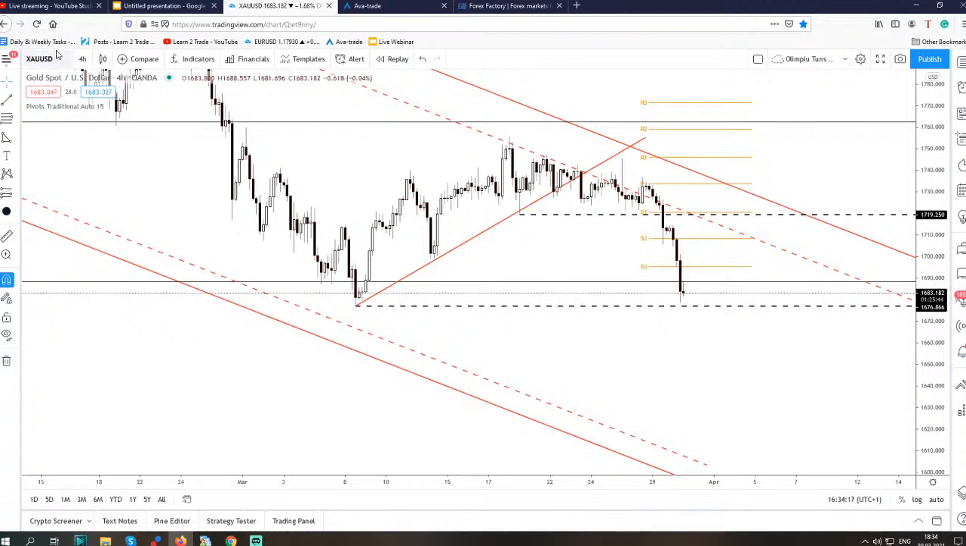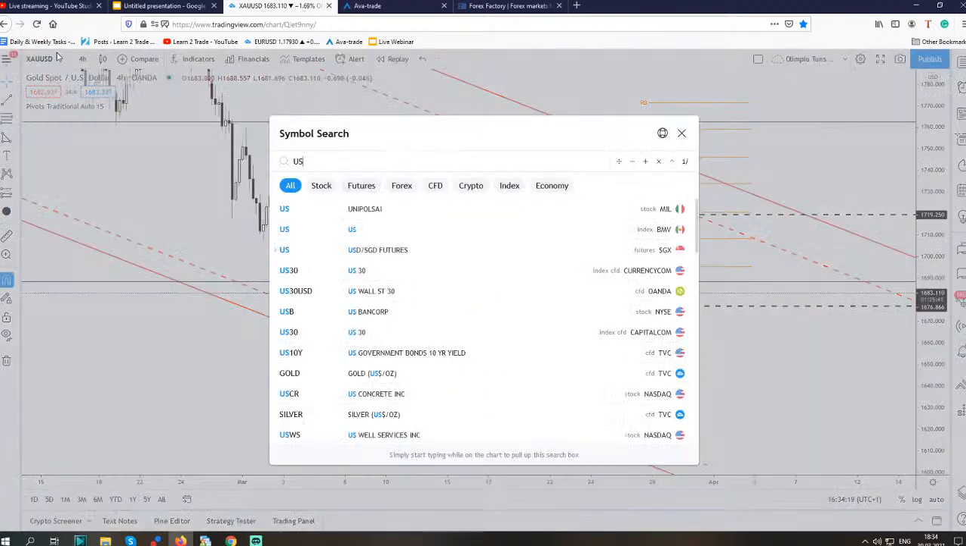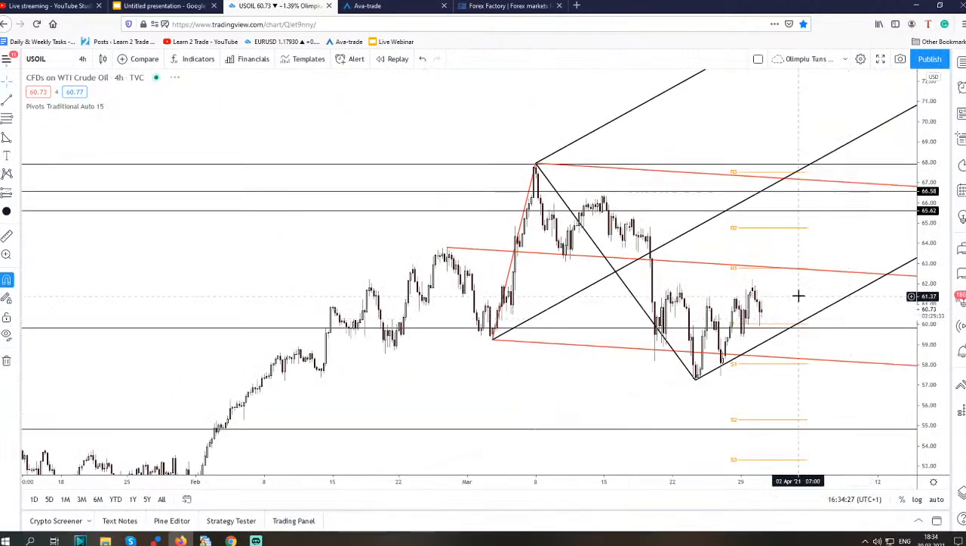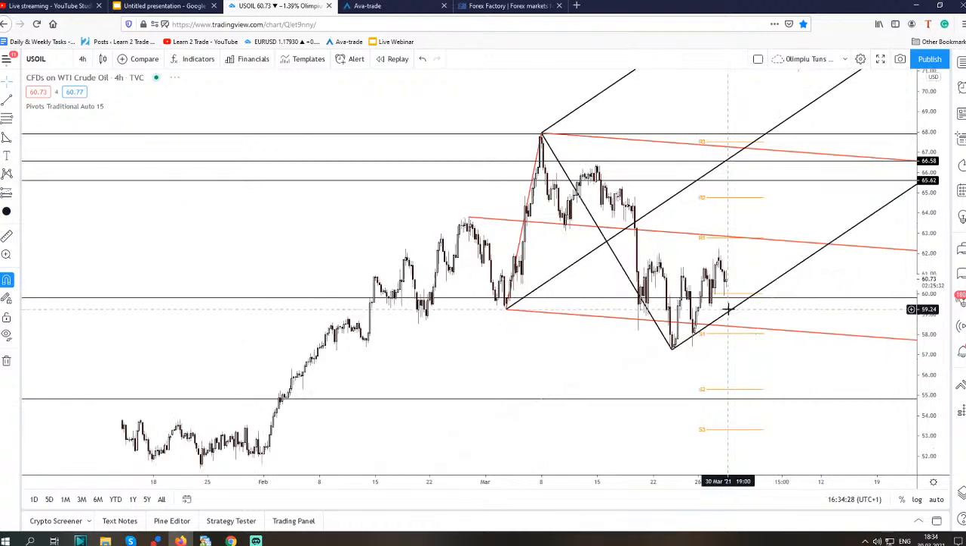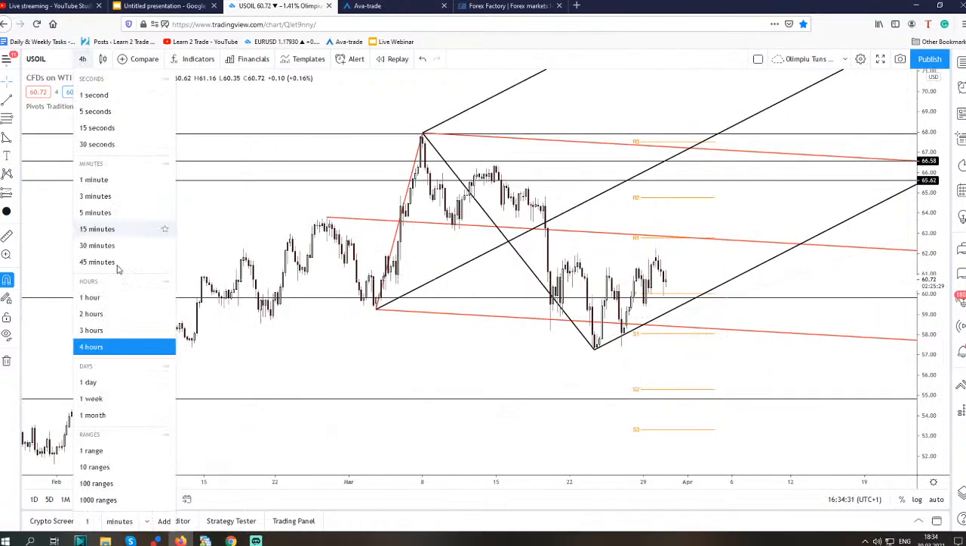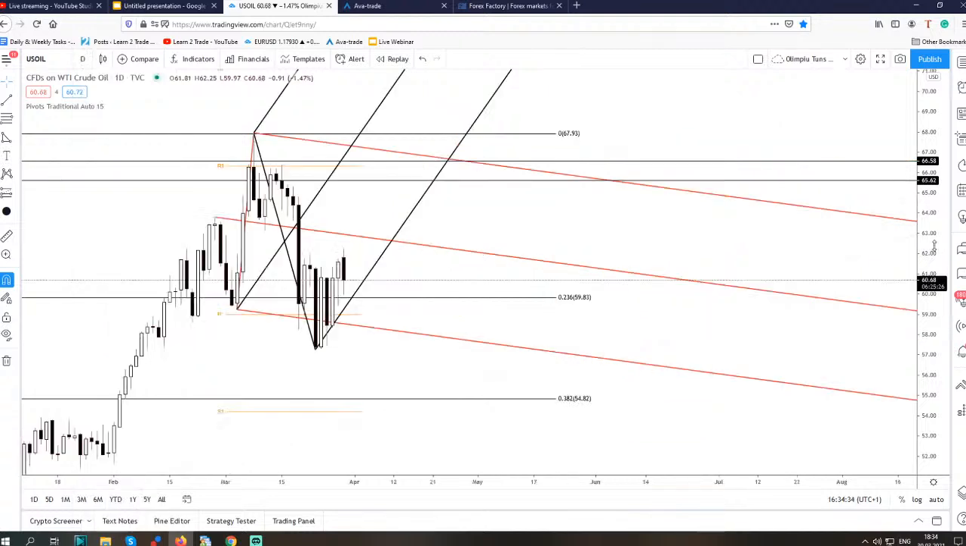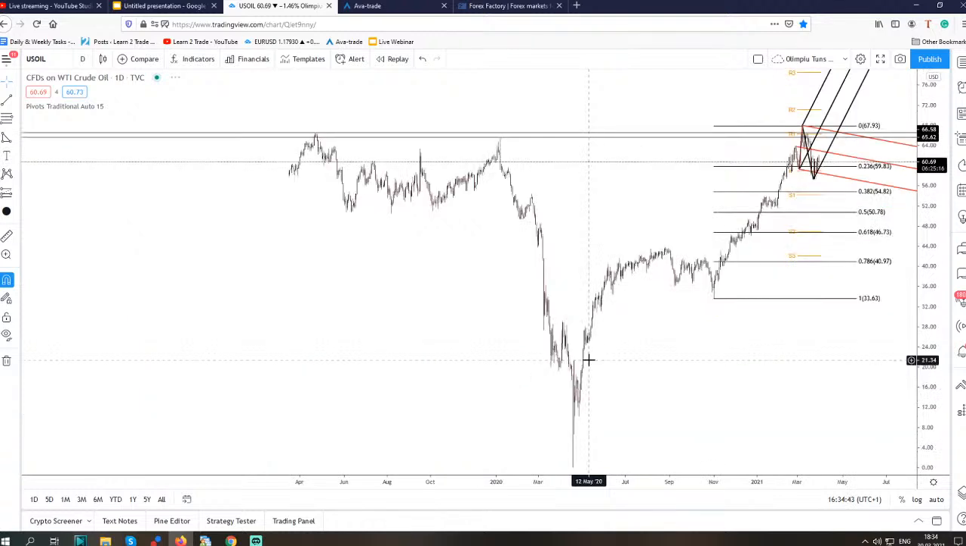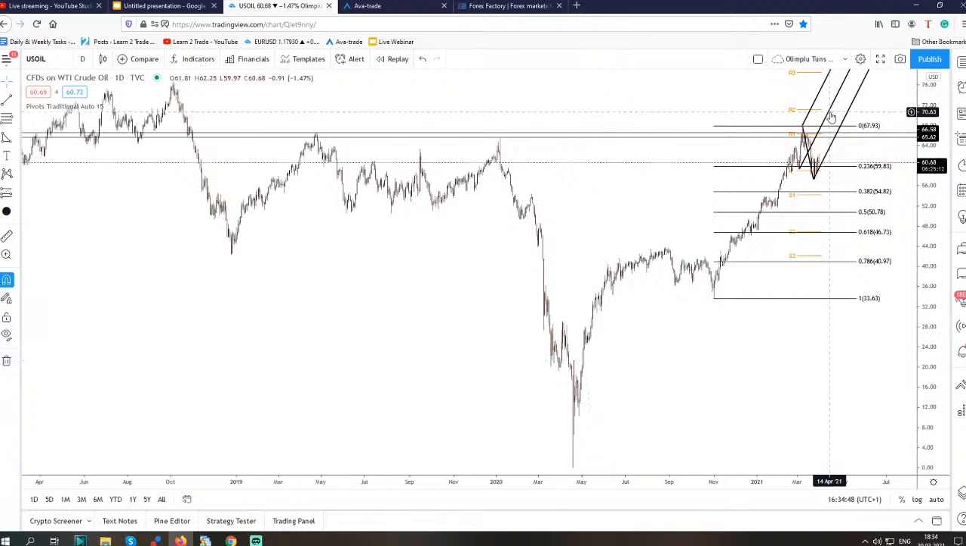Okay, let's take a look here on the US oil. One moment. Let's delete these two pitchforks. So as you can see here,